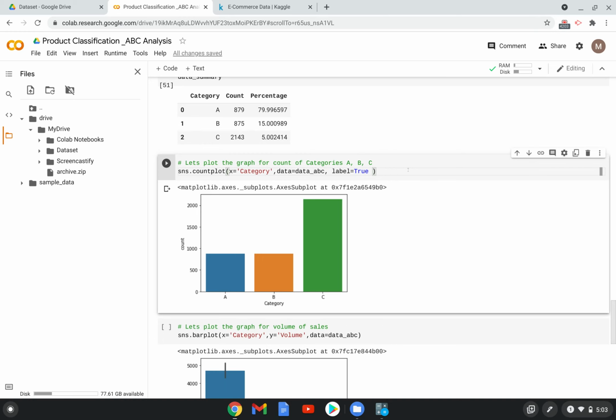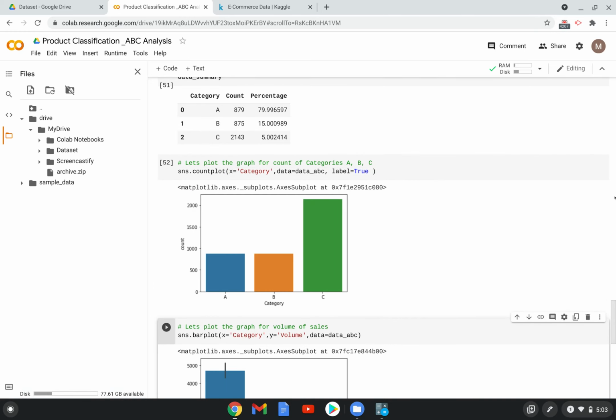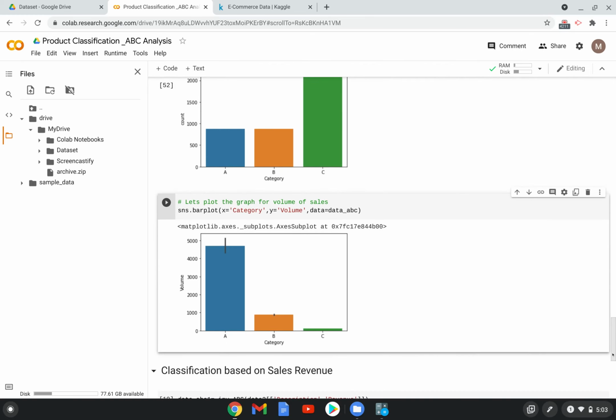And just a simple visualization, you can explore this. And in a similar way, we are calling the bar graph for the volume of each class.